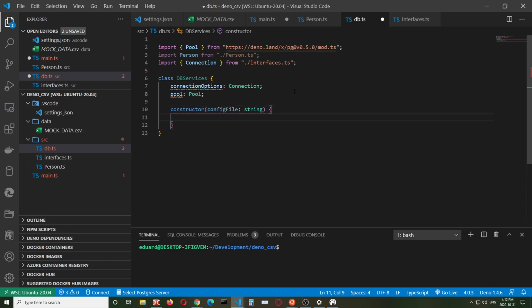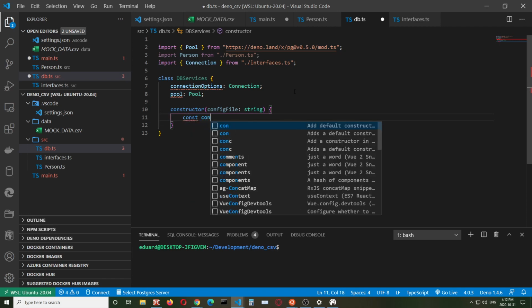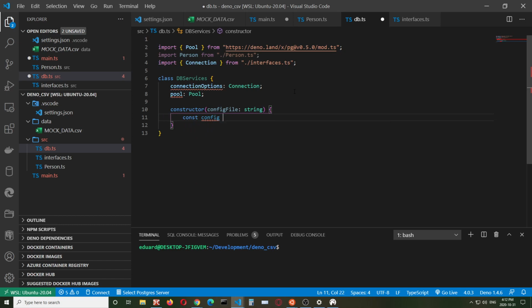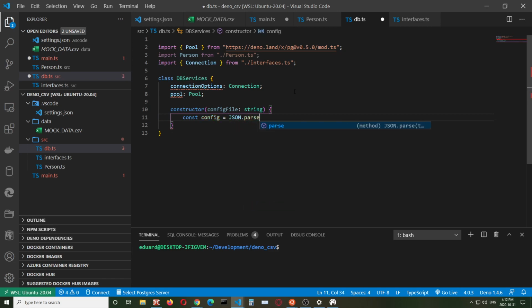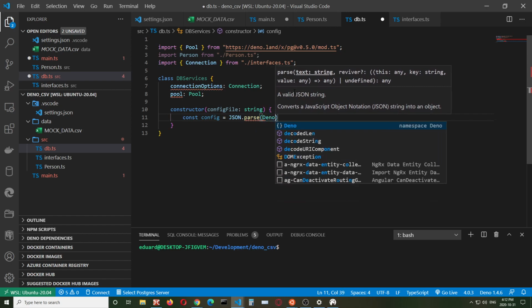Now we need a config variable that will contain the final configuration, and we will be parsing an object, and that object will be coming from